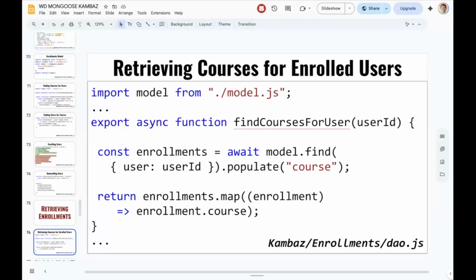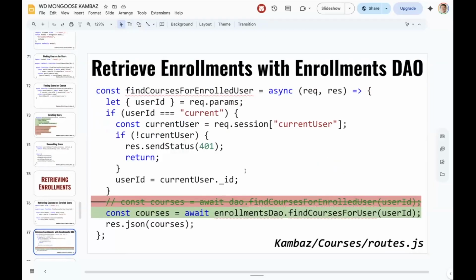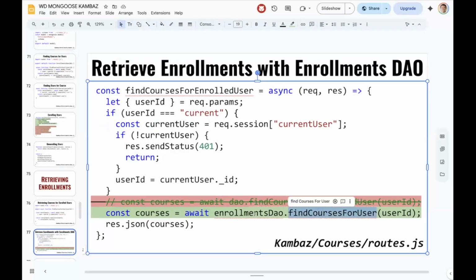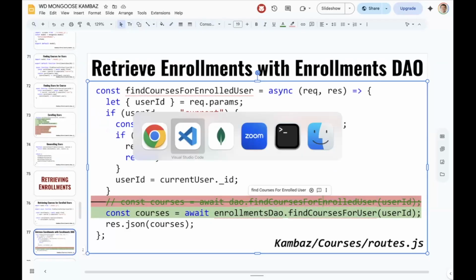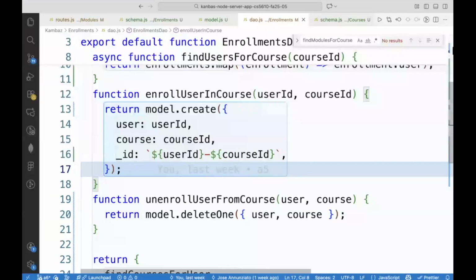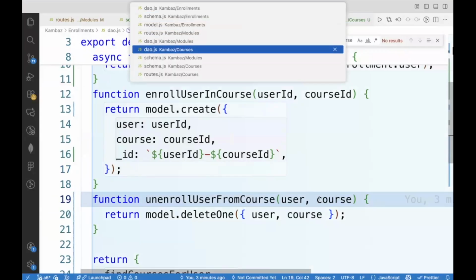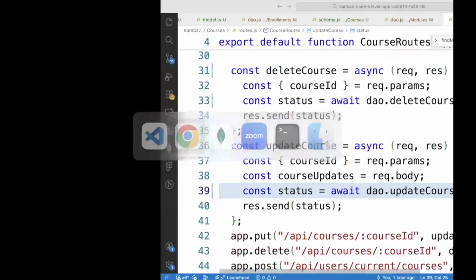Now in the routes, we are currently using the course DAO, which is using the array of enrollments. We don't want to use that anymore. Instead, we're going to use this new implementation of finding courses per user implemented in the enrollments DAO, as opposed to the course DAO that is using the old array of enrollments. So let's take a look at that. In the courses route, the find courses for enrolled users,